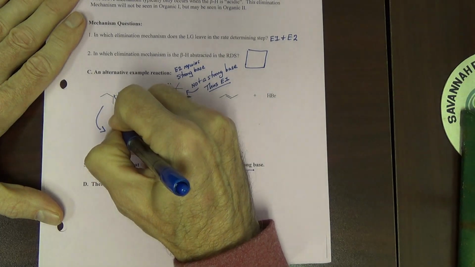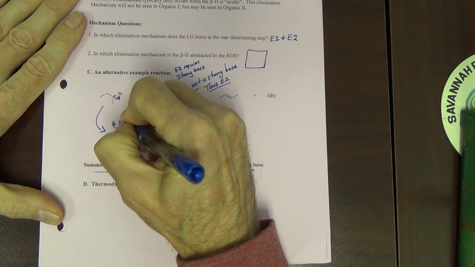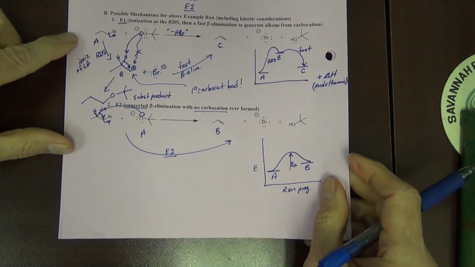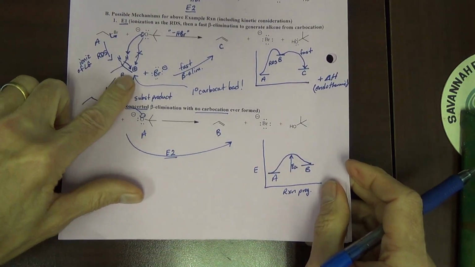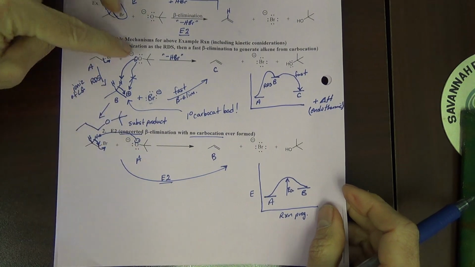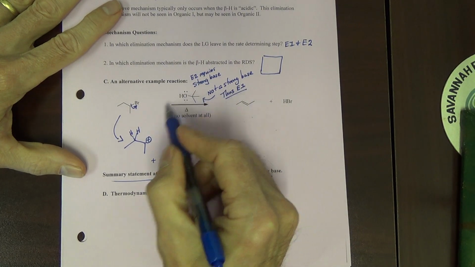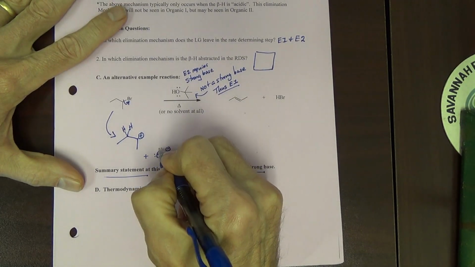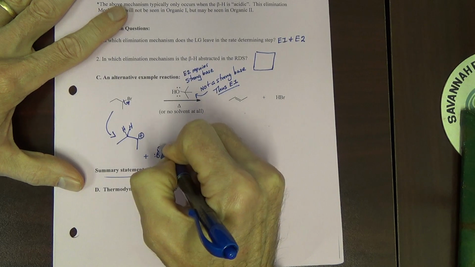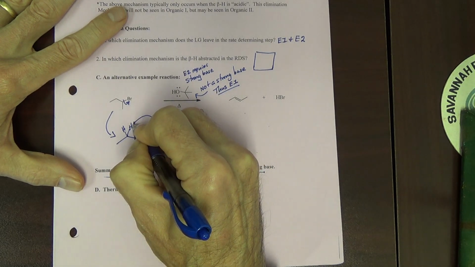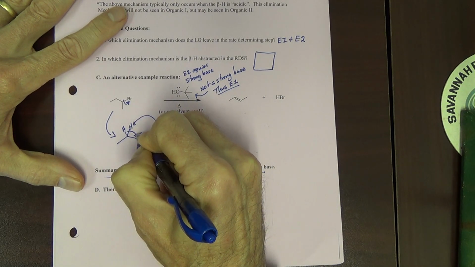From there, we're just doing our E1 mechanism, which we did over here. Leaving group left, except over here we had a primary carbocation. What was next? Base took the H. Now the alcohol could act as a base, or we could use the leaving group. It could turn around and act as a base. Take the H, these electrons fall in,